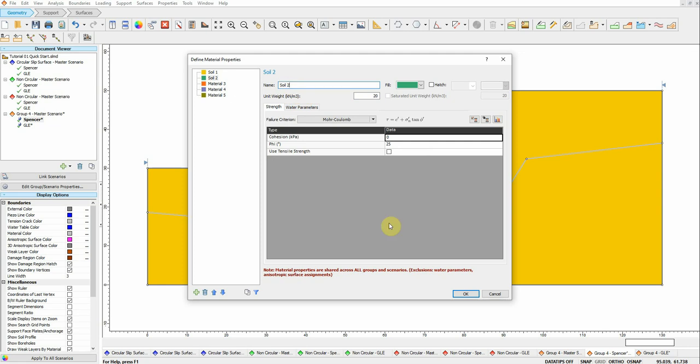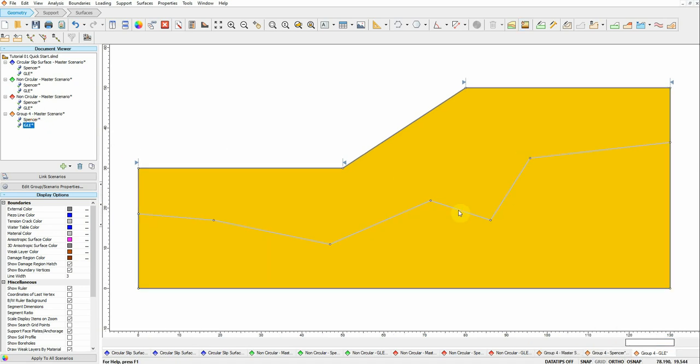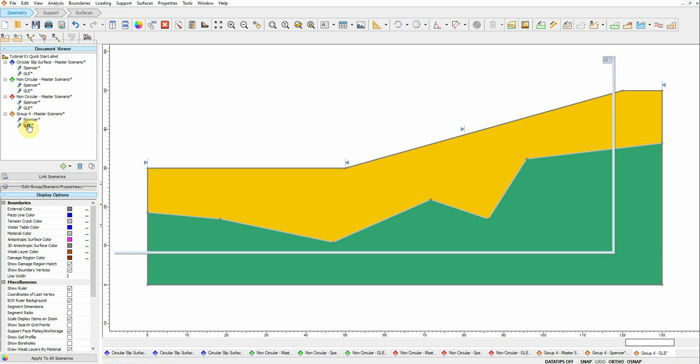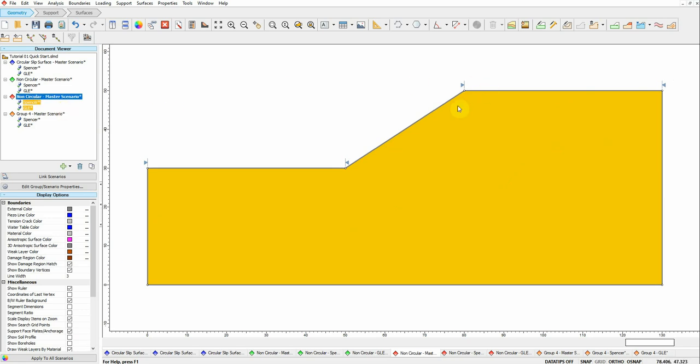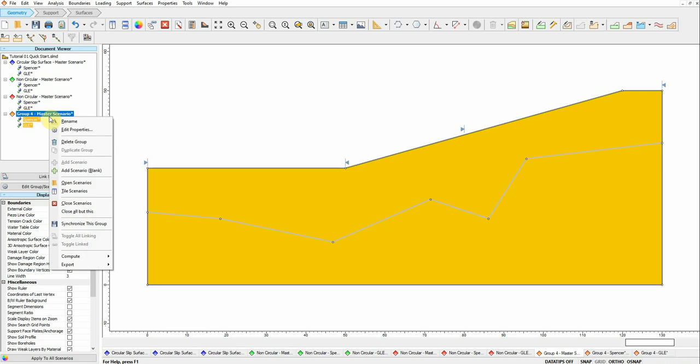Let's call it Soil2. If I assign it here, it will not be assigned to the second scenario, but the boundary will be there because we are working under one group. So you can keep this as it is, or you can assign whatever you want here. If I change the geometry, this one to here, it will automatically be changed in the scenario here. If you want to change the geometry and keep the other scenarios, then you need to create groups. You can see the group doesn't change the geometry because I was working on group number 4. But any scenarios under this group number 4 will automatically take the shape from the master scenario, which is group number 4. Okay, let's delete that for now